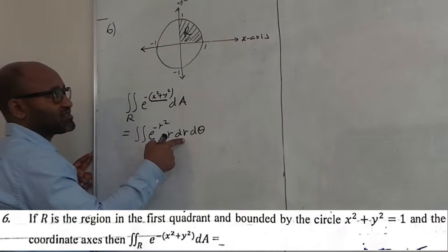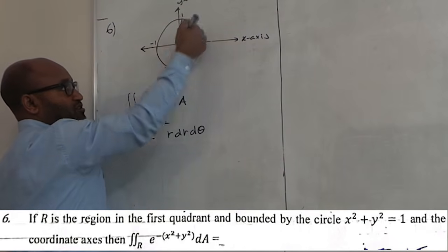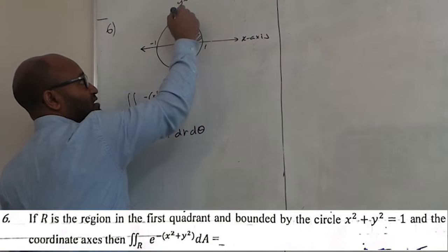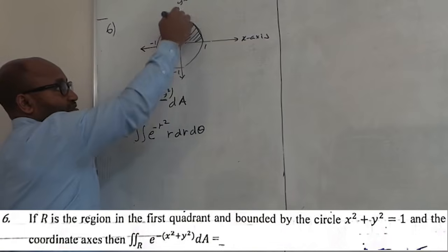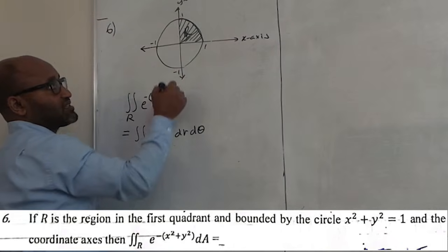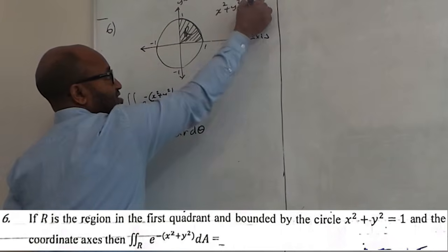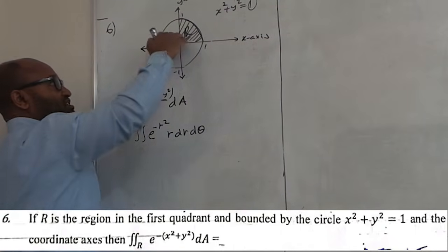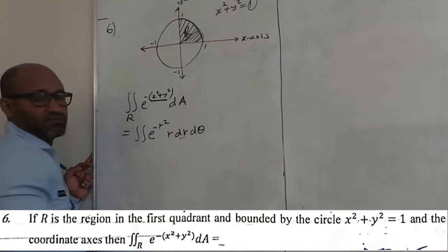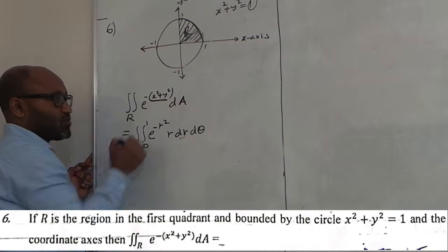When it comes to r, look, this region is bounded by the origin itself, and it's far away to the curve. The circle from the origin, what's the distance? That's the radius of the circle. The radius of the circle is 1 unit. That's x square plus y square is equal to 1, our circle. The radius is 1 unit. So the region is bounded when r varies from the origin up to the curve, up to 1 unit. So this is from 0 up to 1.